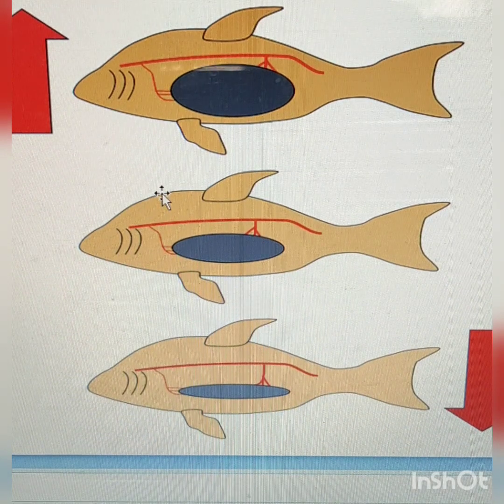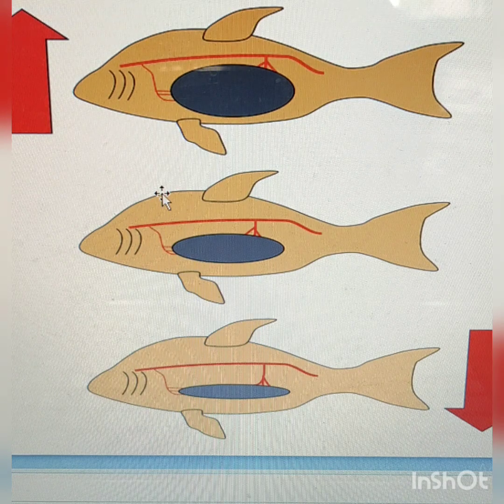The functions of the swim bladder include hydrostatic function, adjustable float, maintaining proper center of gravity, respiration, resonator, and production of sound. At first, we consider the hydrostatic function. It is primarily a hydrostatic organ and helps to keep the weight of the body equal to the volume of the water the fish displaces.